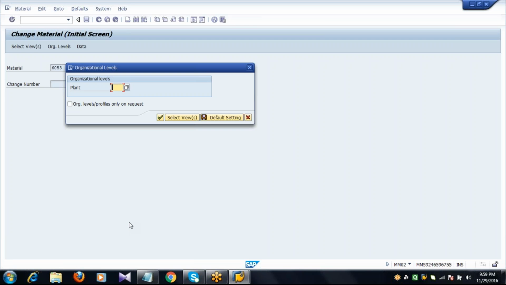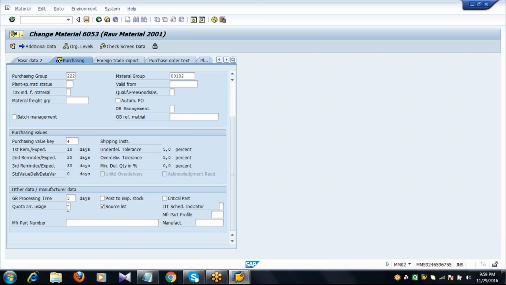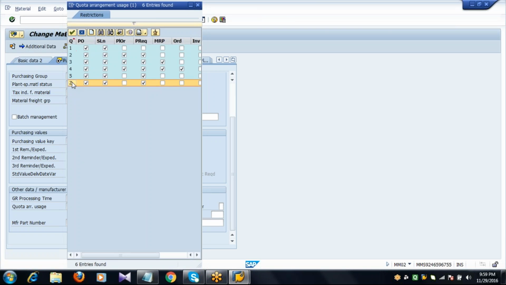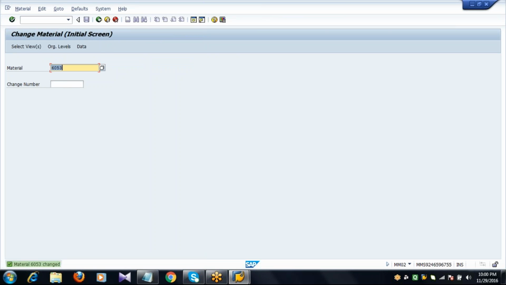Organization levels, enter the plant. In the purchasing view, you have an indicator, quota arrangement usage. So maintain the indicator Z, whichever indicator you have created. Save the document.